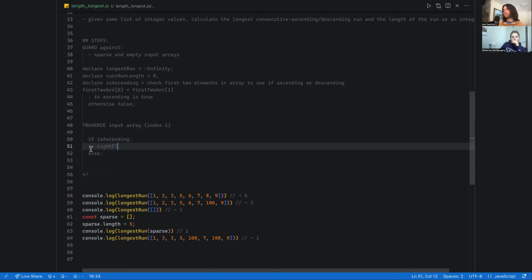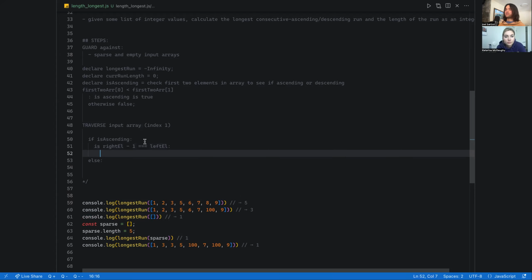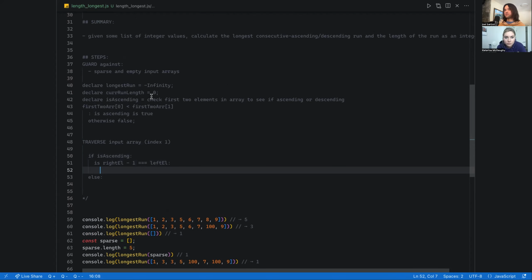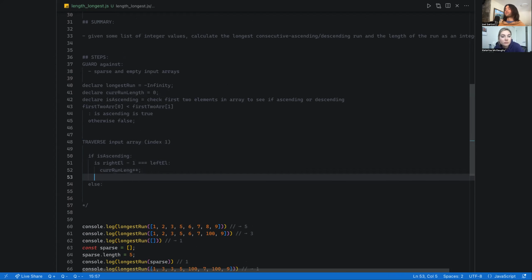So if it is ascending, then we'll do this. Is right element minus 1 equal to left element? If that is true, and we have entered this portion of the logic, then I think we can increment a counter up here. So current run length, current run length plus plus. So increment that by 1. And then if not,